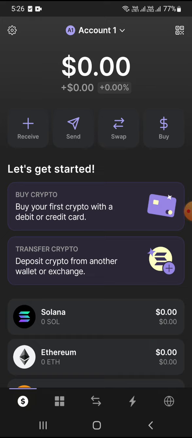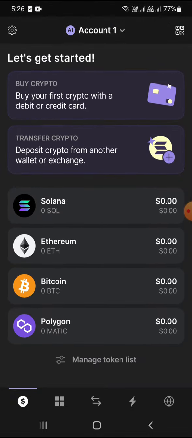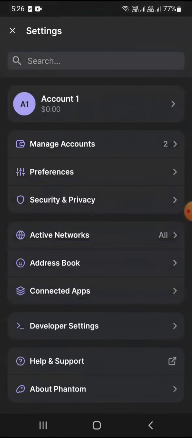In this video I'm going to show you how you can easily log yourself out from your Phantom wallet account. For that, you first need to launch your Phantom wallet application. Here on the home page you will be able to see this gear icon, so you need to tap on it. Here you will be able to see a bunch of different options that would help you to manage your